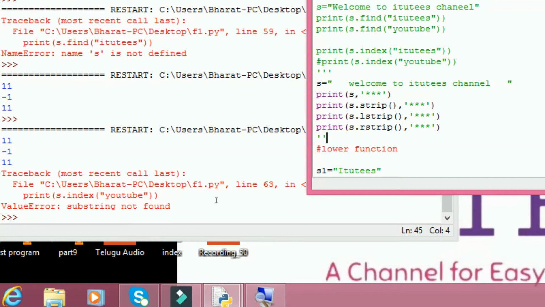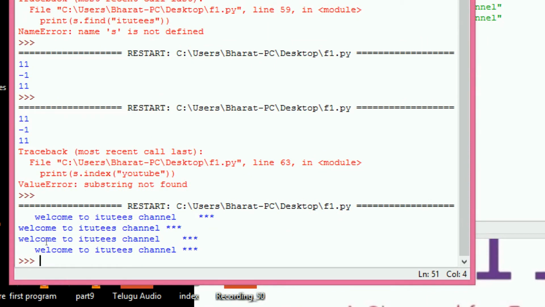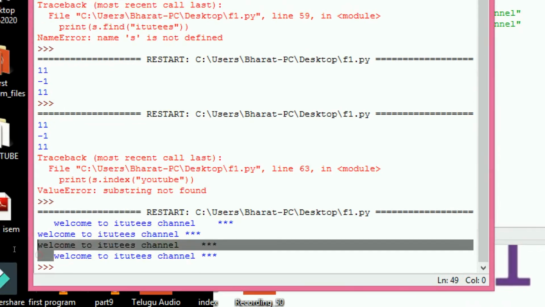Now we can execute this. It prints welcome to ITUTEES channel. These are the spaces. So after stripping, there are no spaces on the left and no spaces on the right. After that I am using lstrip. The right spaces are still there, since lstrip removes only the left. After that rstrip: there are no right spaces but there are left spaces. Okay,